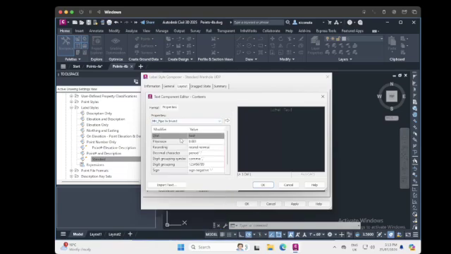There we go. Precision, we're going to set at 0.01. We're going to click Next,